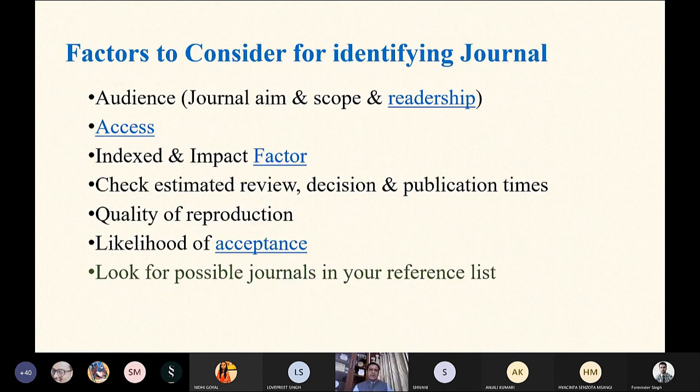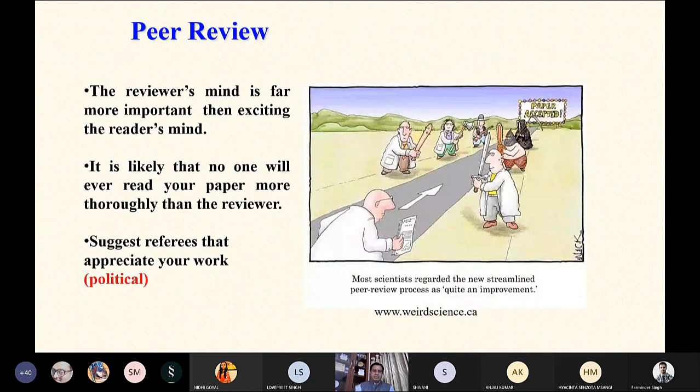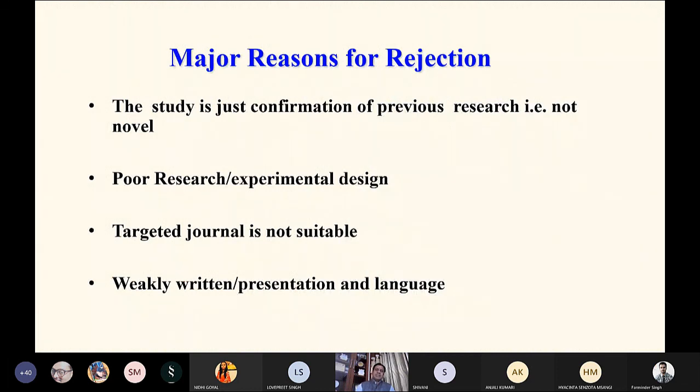So these are the different factors, the different tools basically, that we can use in order to identify the journals. Peer review: normally the major reasons for rejection are there. The study is just a confirmation of the previous research. As I was saying, whatever research I'm going to conduct, if it is a replication of a past study, I'm not identifying or studying something new. It is just a replication, then the chances are I'm going to get a rejection